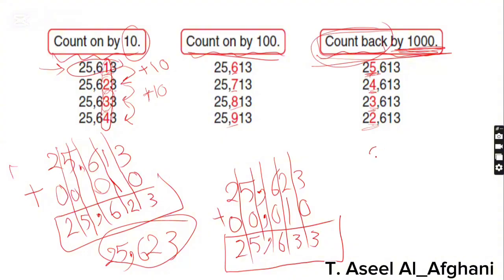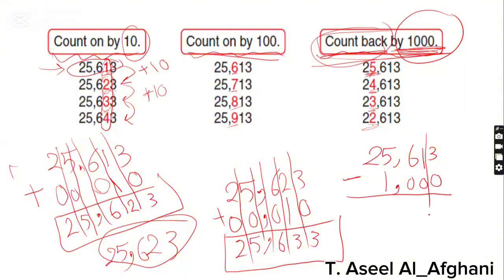So if we start with 25,613 and we want to make counting back, so I want to remove 1,000. So 0, 0, 0, my comma, and 1. And 2 minus nothing, of course, is the same as 2 minus 0. 3 minus 0 is a 3. 1 minus 0 is 1. 6 minus 0 is 6. We put our comma. 5 minus 1 is 4, and 2 minus 0 is 2. So the answer is